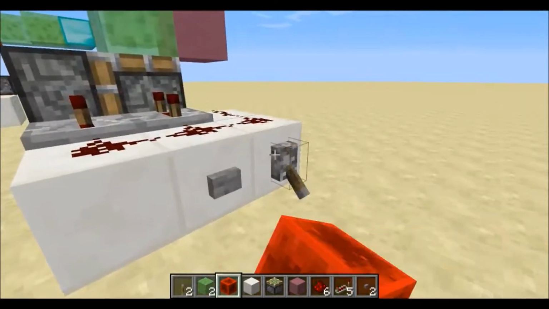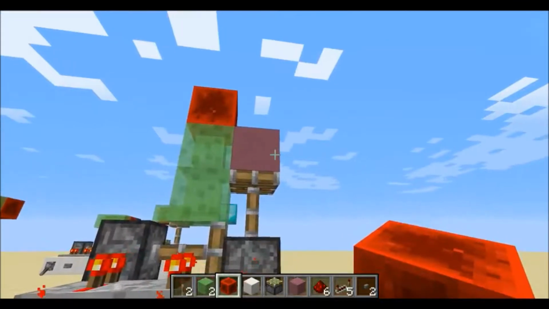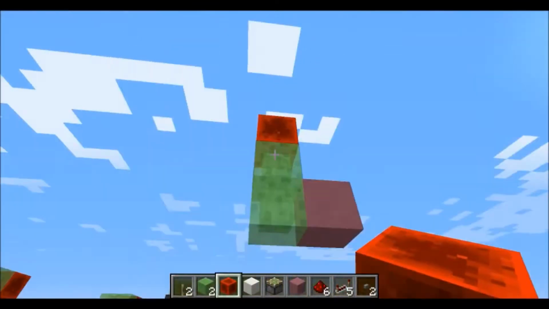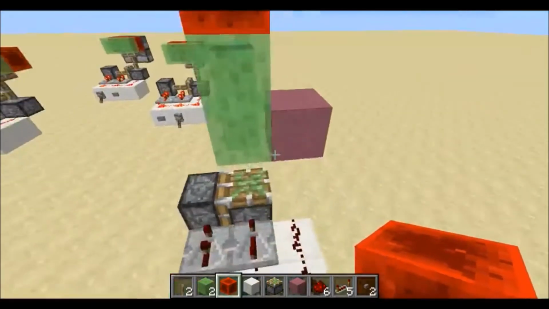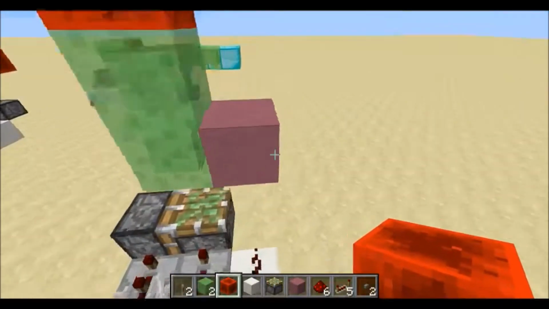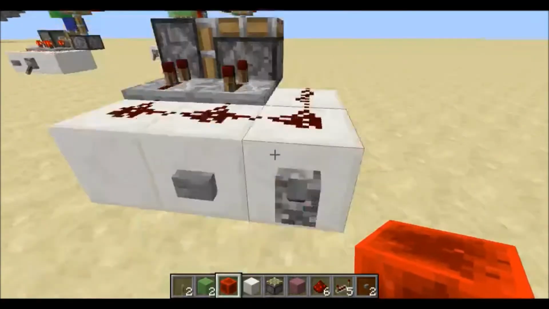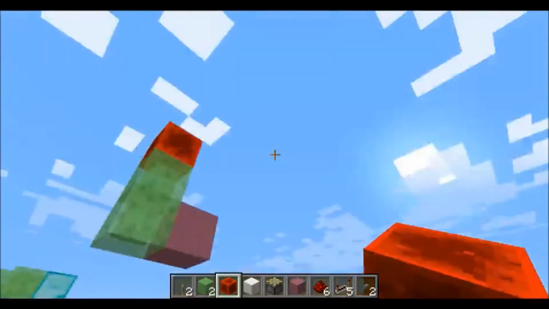So when I turn on the circuit, it pushes up this block right here. And then when I turn off the circuit, it pushes up this redstone block, and it re-pushes up this block as well. So you could potentially have a power source go through this as well, which would also be really kind of weird. And so when I hit it again,